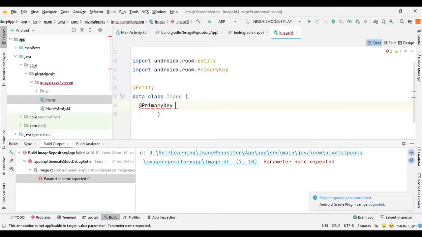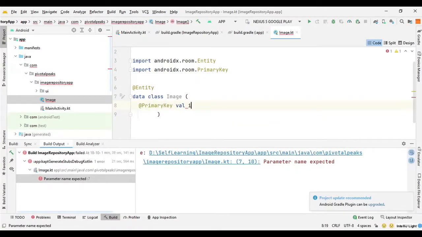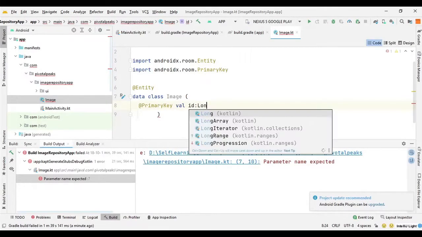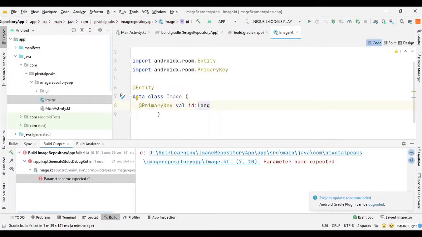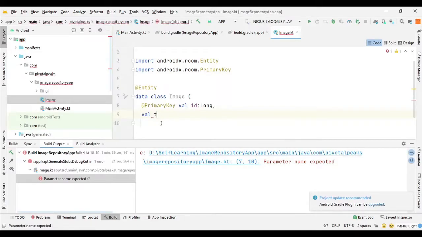So let's declare our primary key. We can say val id, and it's going to be of type Long. After that we need a title for our app, so we can say title, and it's going to be of type String.